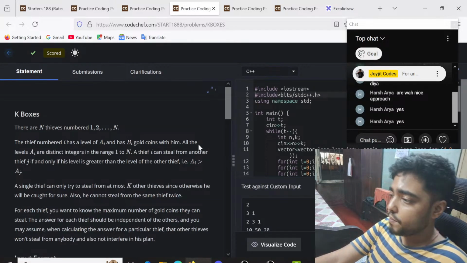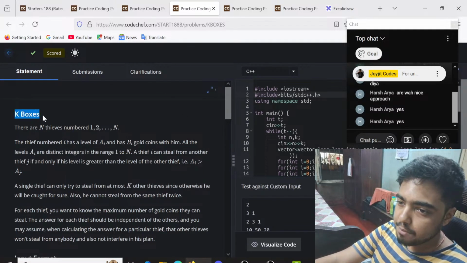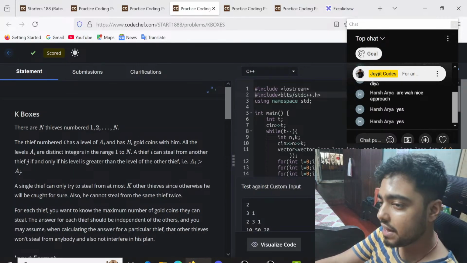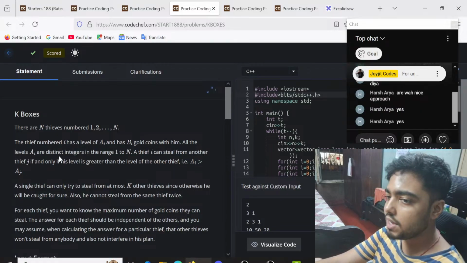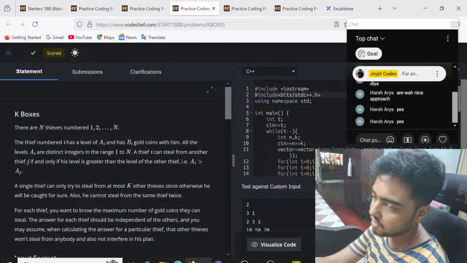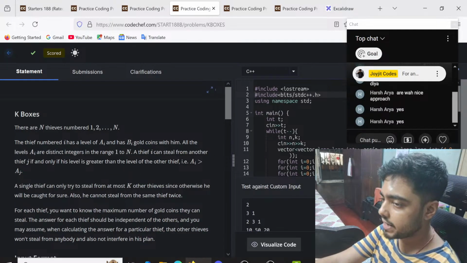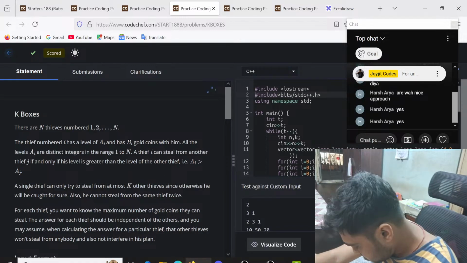Okay, the next problem is key boxes. There are n thieves numbered 1 to n. The thief numbered I has a level A of I and has B of I gold. All the levels A of I are distinct integers in the range 1 to n. A thief I can steal from another thief J if and only if his level is greater than the level of the other thief. That is, A of I is greater than A of J. So only if its level is,